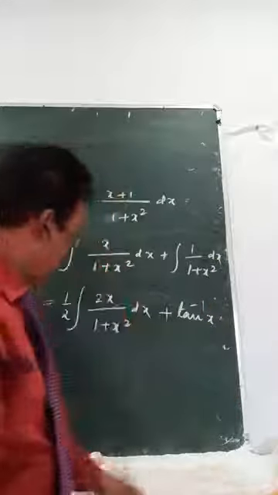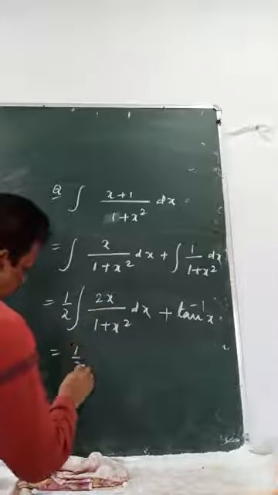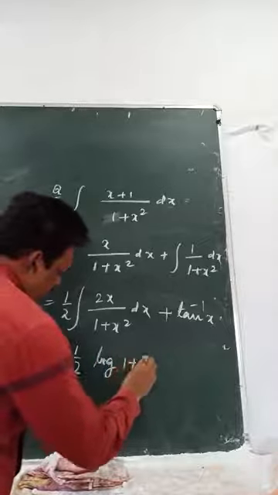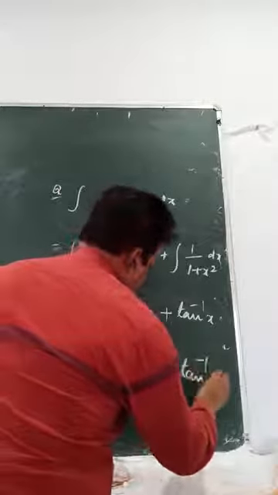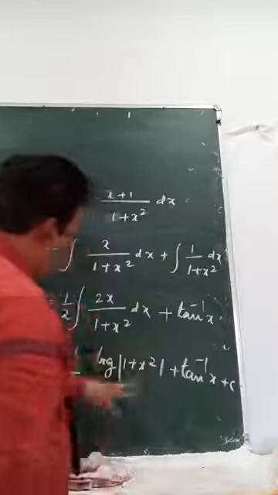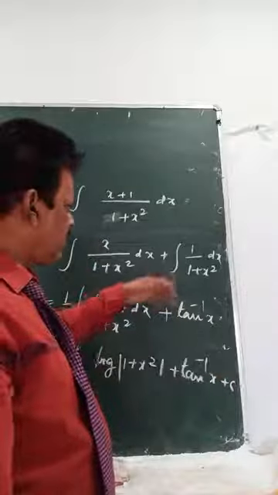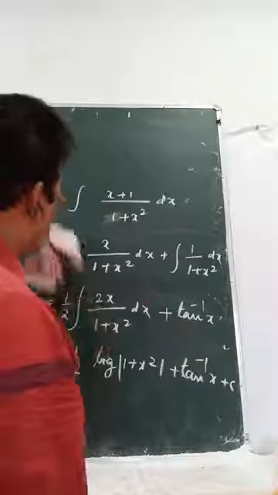Okay, so altogether what did you get? It is half of log of the denominator plus tan inverse x. So in this method you are saving so many steps. Let's practice more and more questions on this. So if I take one more question,